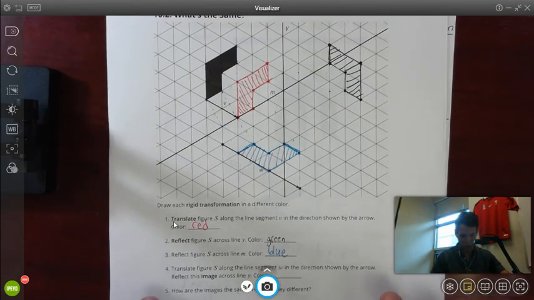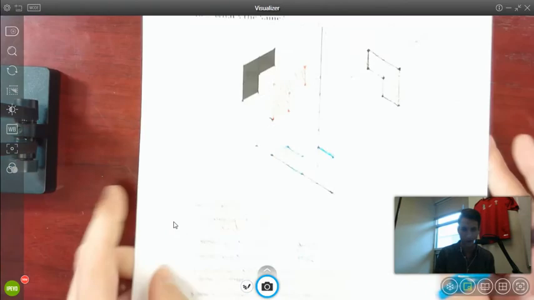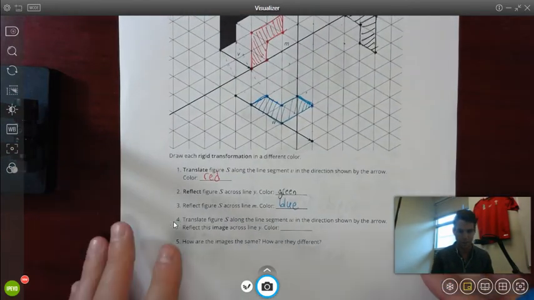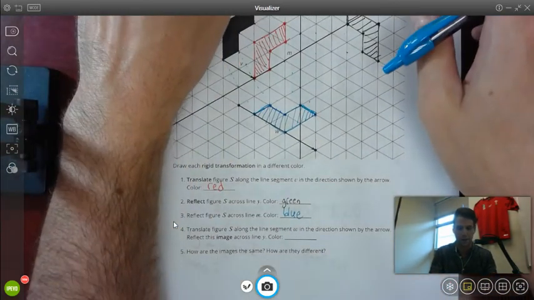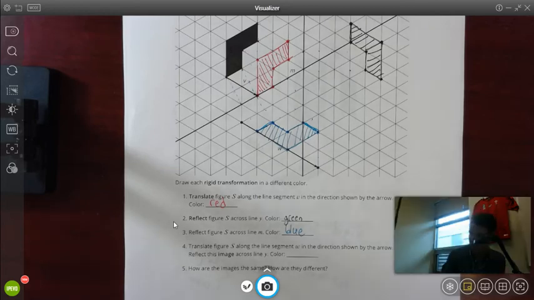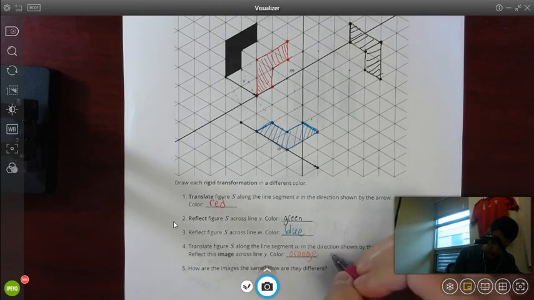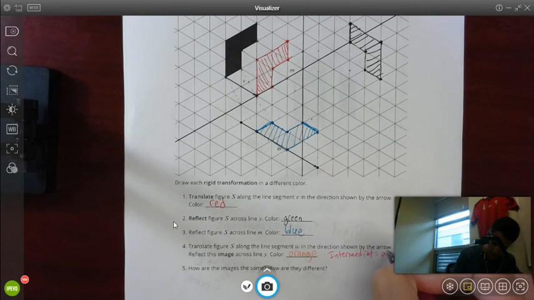So now we have one more transformation here in part 2 of our lesson to take care of, and we're going to do this in another color. We're going to do this in orange. But we're going to need a kind of intermediate color. So we're going to say our intermediate color is pink, because we're going to translate